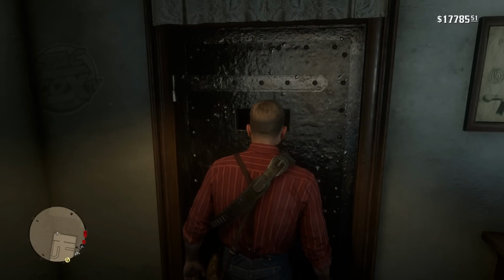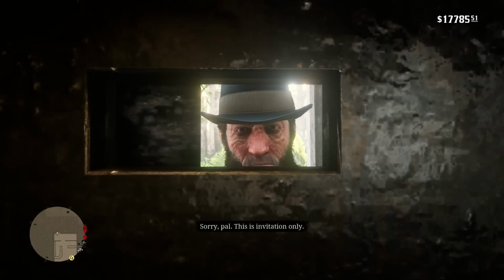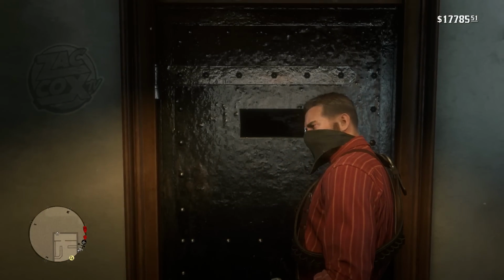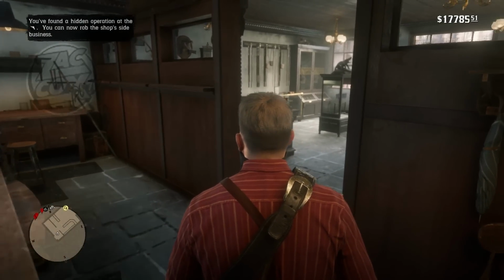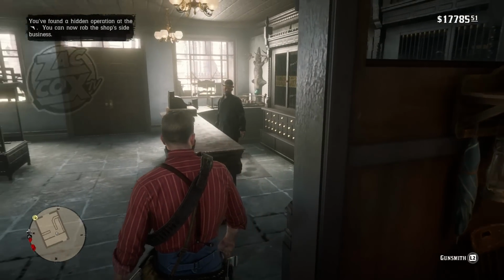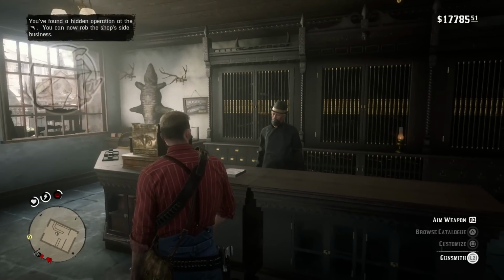Number 5, the Saint-Denis Gunstore. Much like the Strawberry General Store, we can actually find a hidden operation here at the very back. There is an iron door that we knock on, and we're told that we have to have an invitation to get here. And well, after doing this, if we rob the store owner and force him to take us back here,